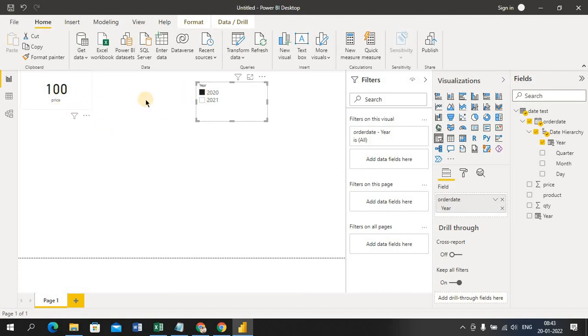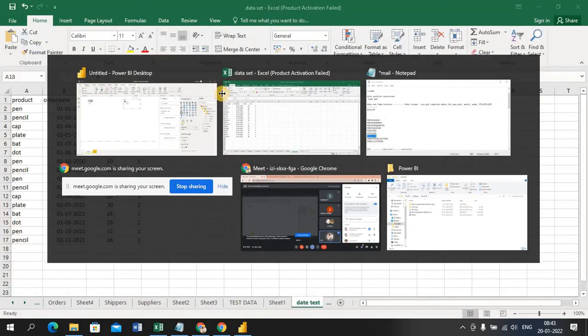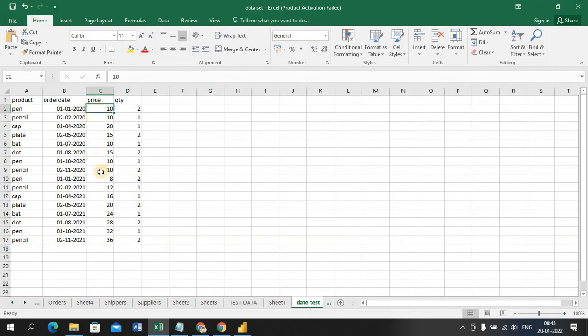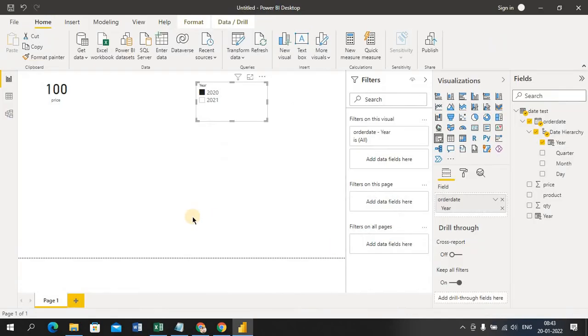For 2020, I can go and see in the background, in my Excel sheet, what the 2020 sales are. You can see this is 2020 till here, okay? You just select this. So what is the sum for this? 100, okay? You can see here for 2020, 100.